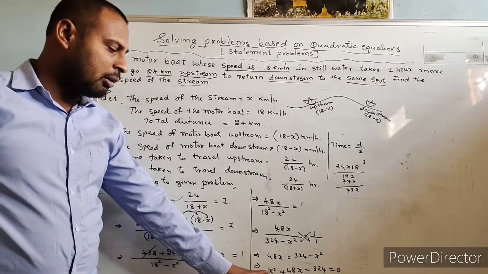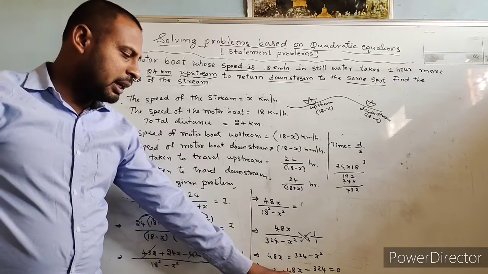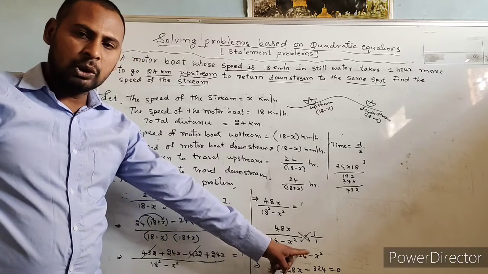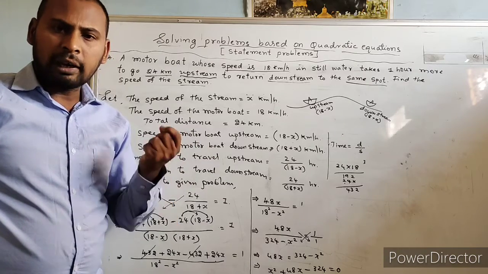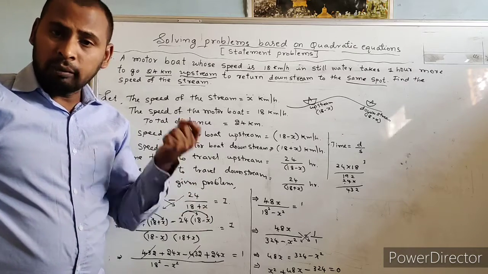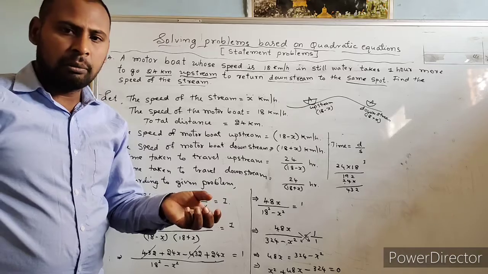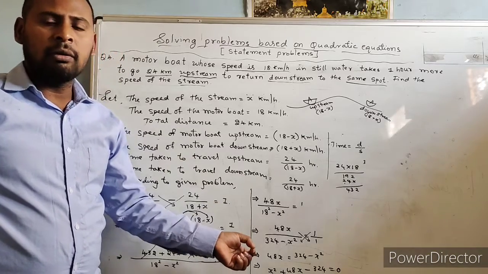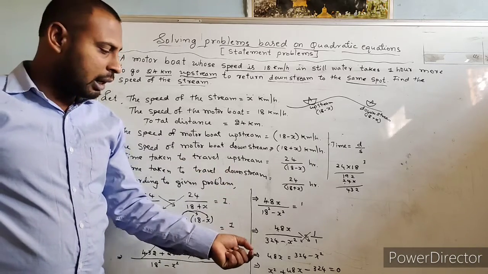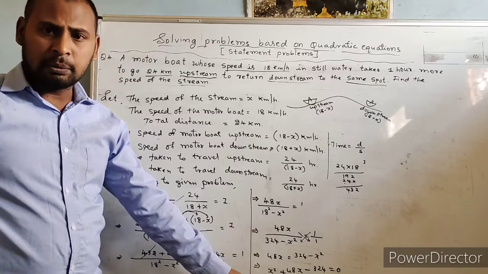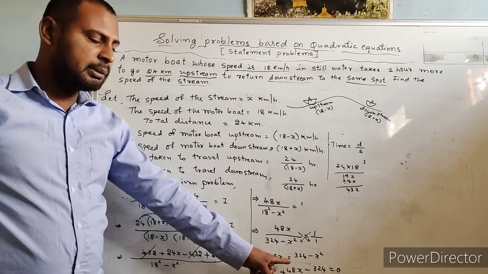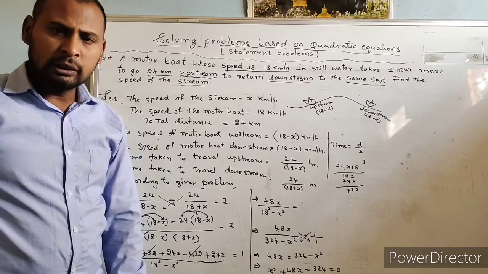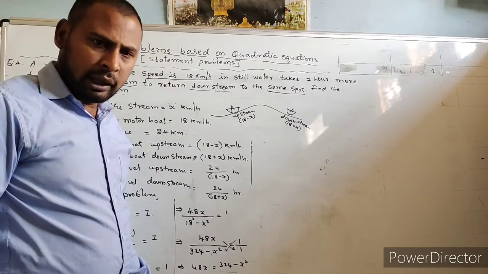Now it is in the standard form ax square plus bx plus c is equal to 0. Now we can apply the formula method, or factorization, or the completing the square method to find the factors of x. That means we can find the factors of the given expression. So the equation is x square plus 48x minus 324 is equal to 0. Now take the given equation.